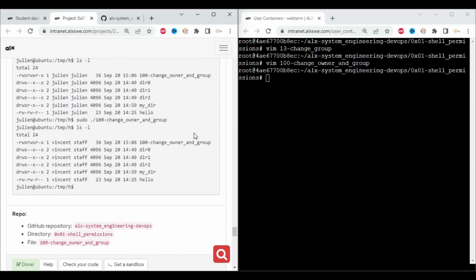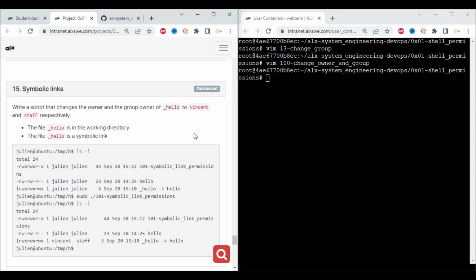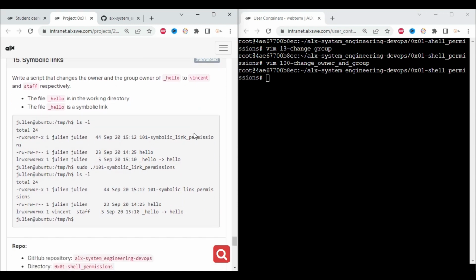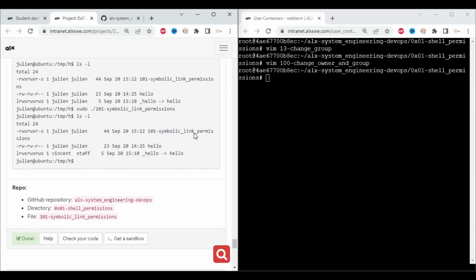That would be question 15. Now 15 says write a script that changes the owner and the group owner of hello to Vincent and staff respectively. The file hello is in the working directory, and the file hello is a symbolic link. So now let's see how. You see the previous command we just saw, the -h. It's also being used here,